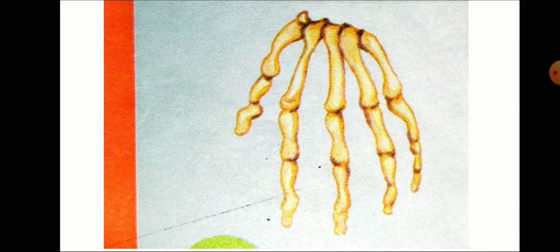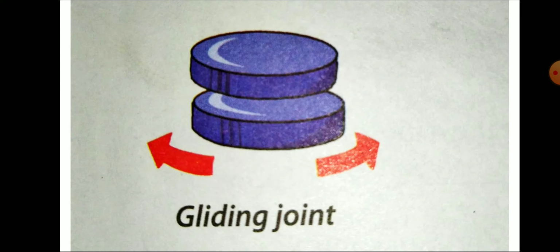Once again, say with me, children: knees, elbows, fingers and toes. A hinge joint is like the hinges in the door. It enables a movement similar to the opening and closing of a hinged door. On one side only it can open and on one side only you can close it, but the opposite is not possible. Then come to the next type, gliding joint.